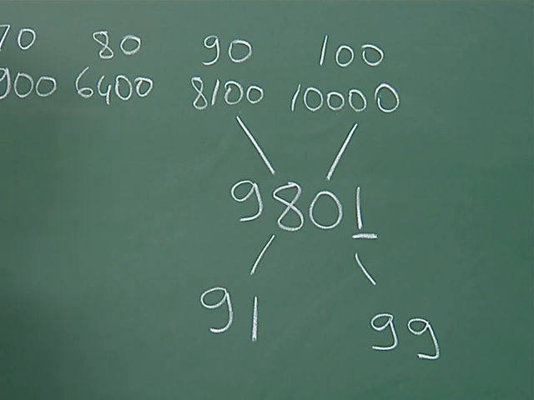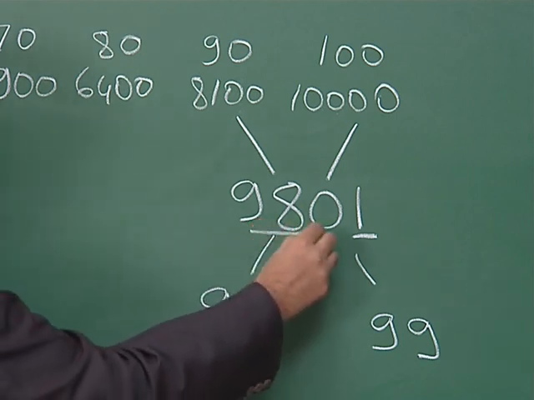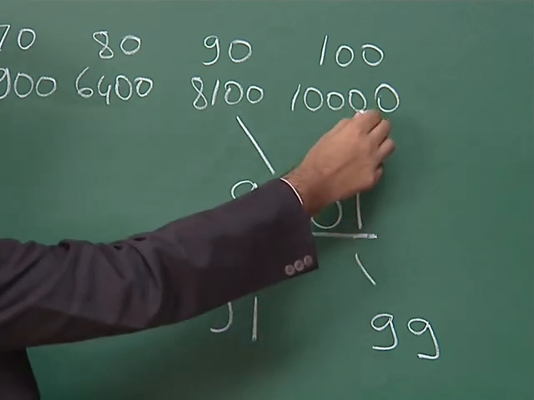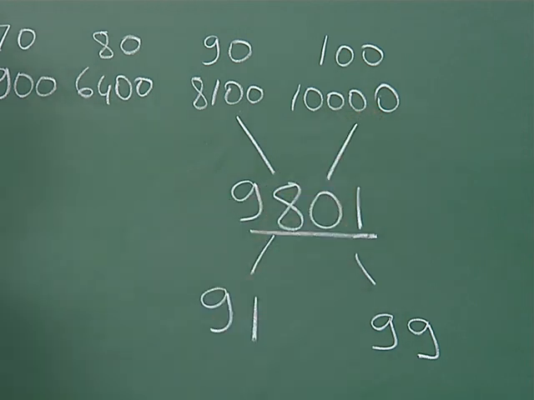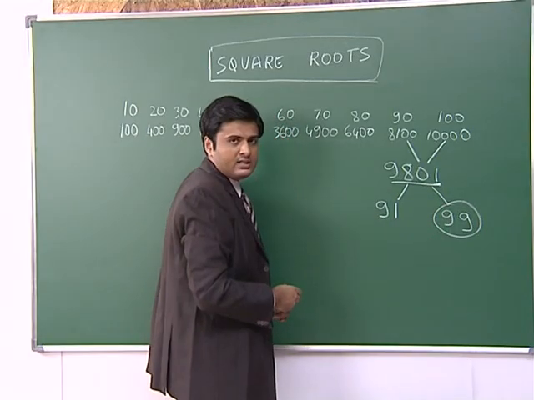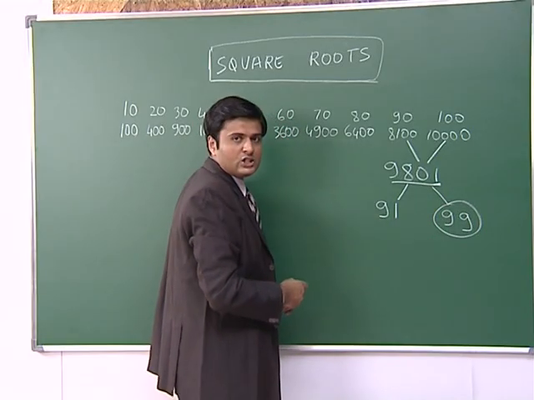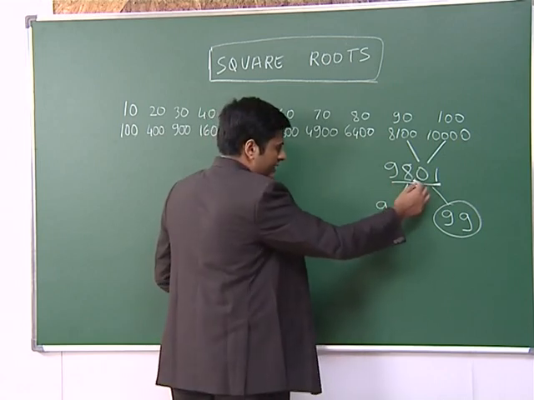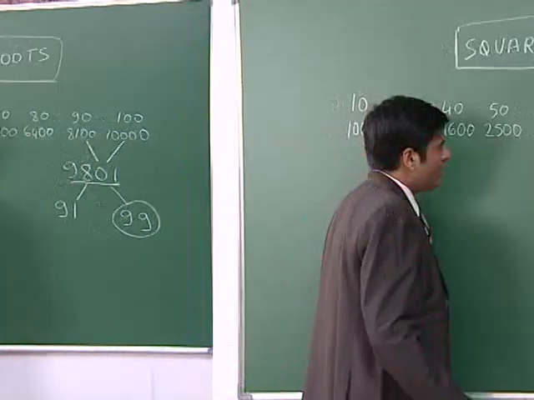In this case, friends, we see 9801 is closer to the bigger number 10,000. That means out of 91 and 99, the bigger number 99 is our answer. So 99 is the square root of 9801. Friends,